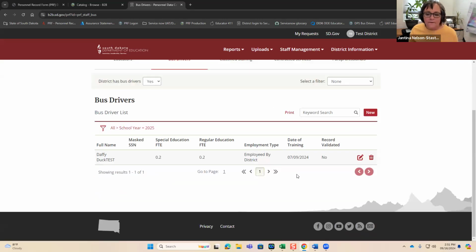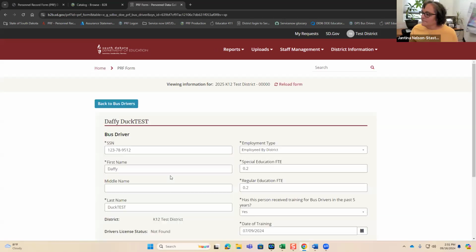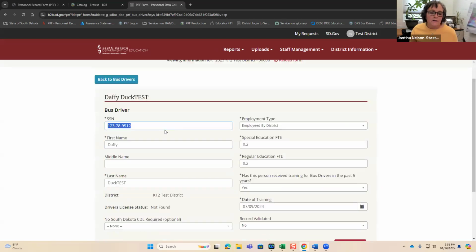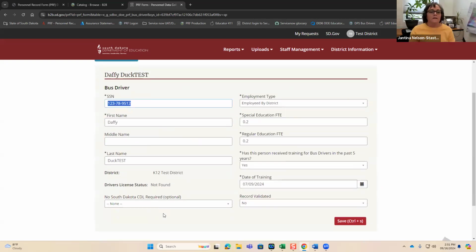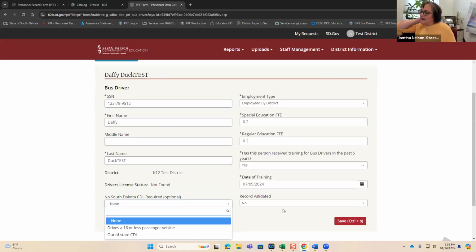So let's take, for example, Daffy Duck here. You'll notice that you have to have the correct social security number and enter the name. There is a new field that we added this year, and the new field is for those where a South Dakota CDL is not required.